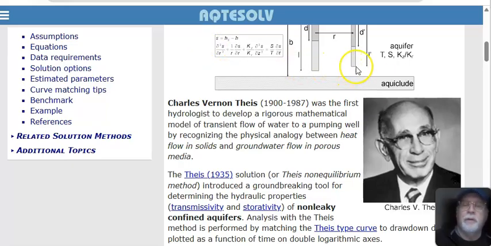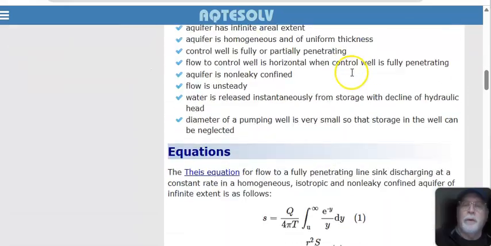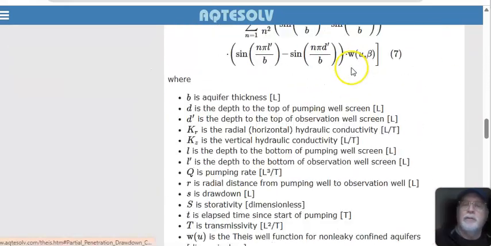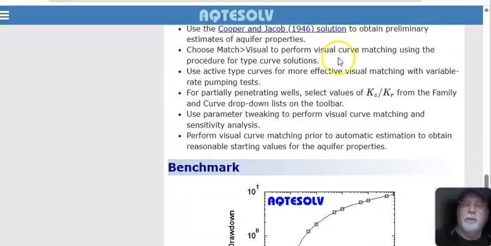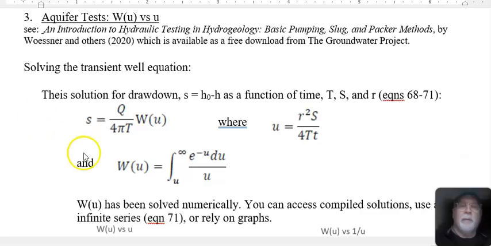Charles Theis was a hydrologist, and he many years ago, almost 100 years ago now, came up with a solution for this, and it produces a characteristic equation and characteristic plot of drawdown versus time. So he set it up that the drawdown, little s, is equal to the flow rate over 4 pi times the transmissivity times the W of u, where W of u is a function with this integral in it. So he solved that numerically,